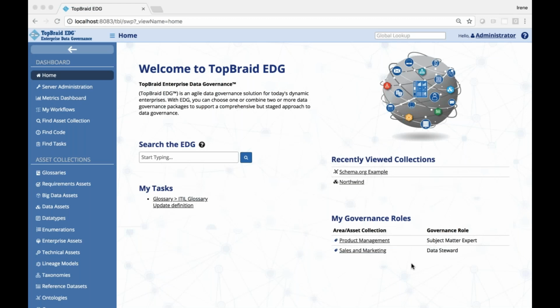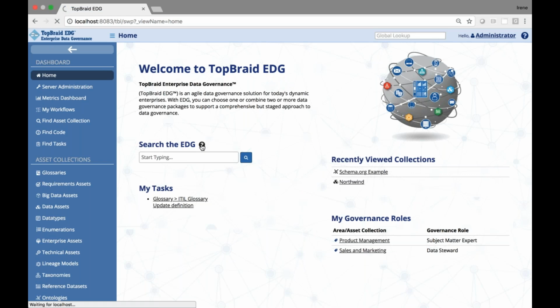Hello, I'm Marine Polkov, and today we'll take a look at how to configure Search the Edge functionality in TopBraid EDG. When you go on the home page, you see the question mark next to the Search the Edge heading. When you click on it, you will see what is currently being configured